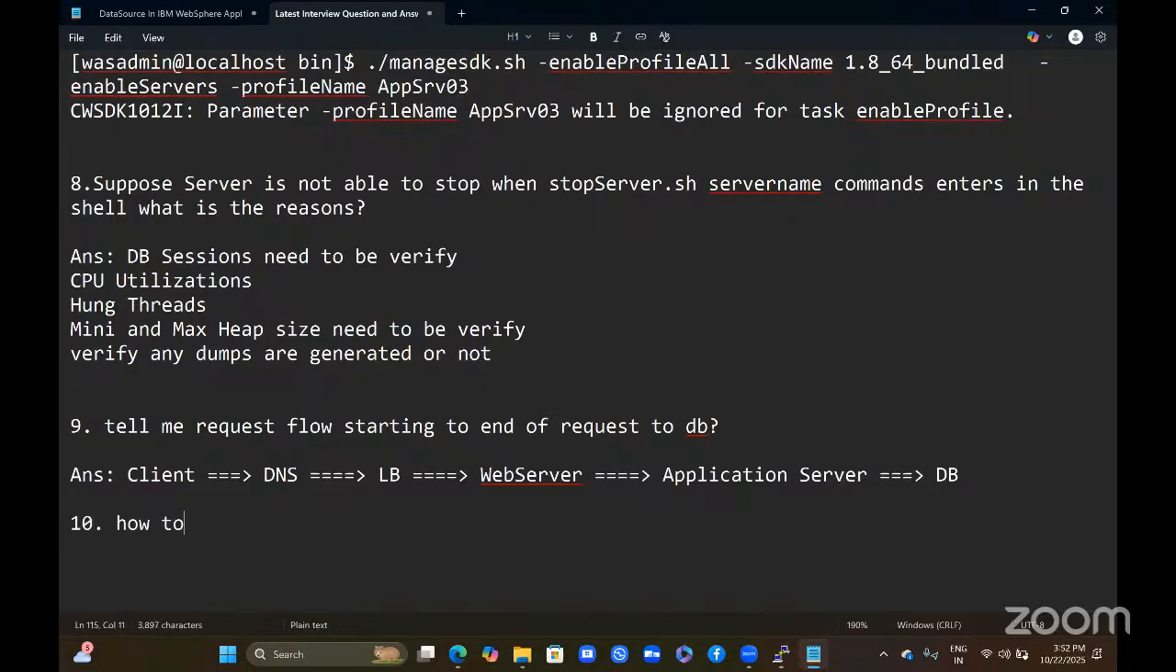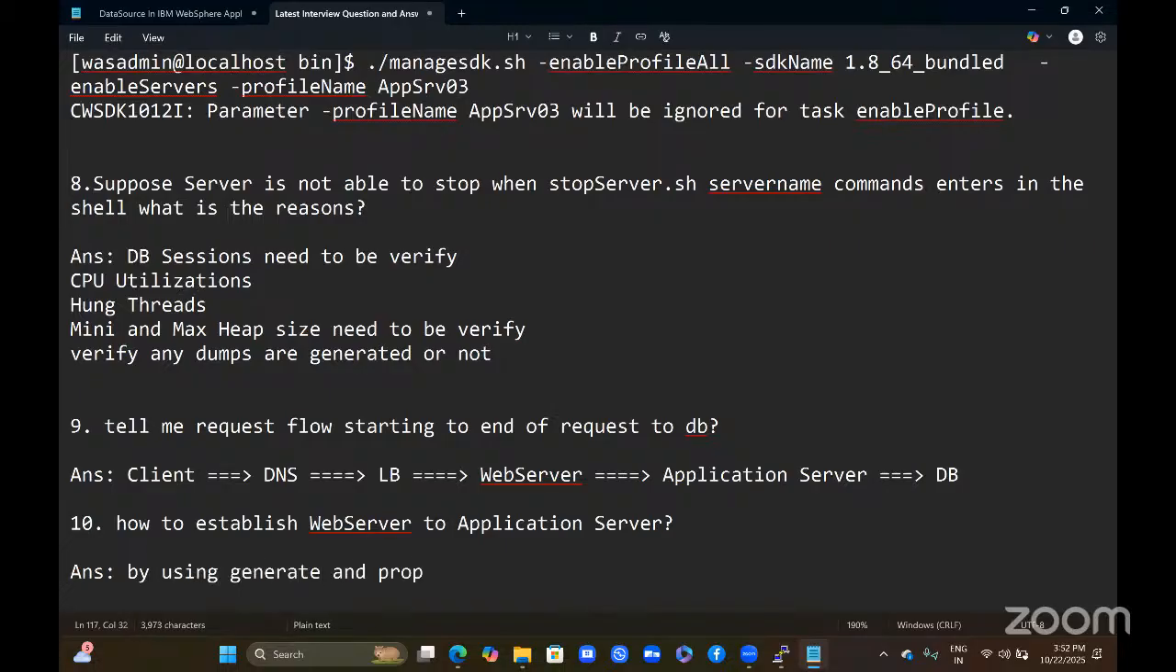That is the tenth one. How to establish web server to application server? By using generate and propagate the plugins. The plugin-cfg.xml file